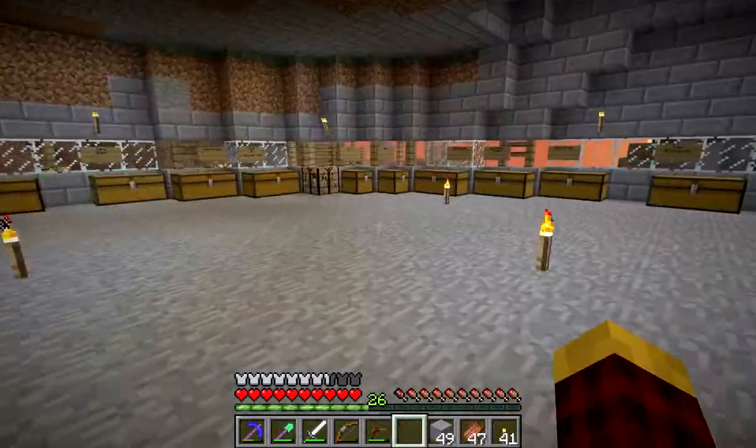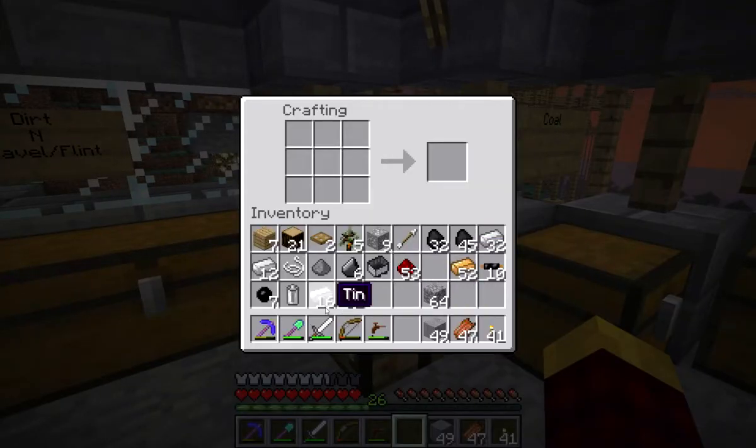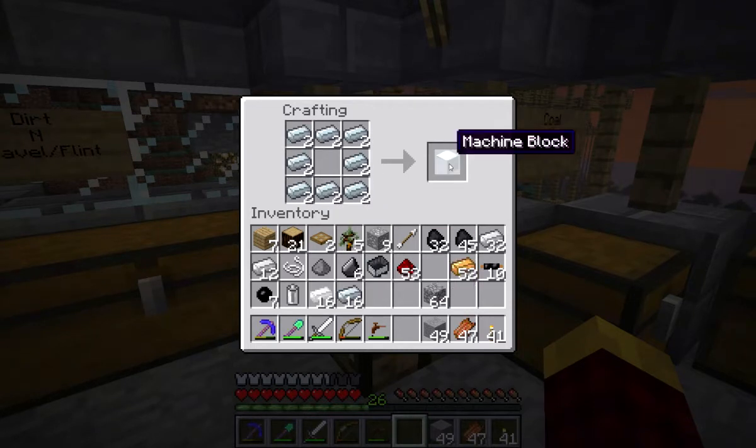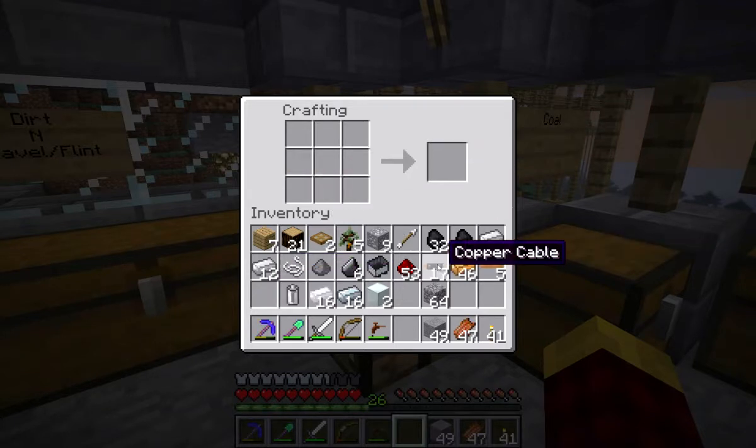And then we are going to get making our next thing. Alright, so the next item on the list, I went and gathered some materials, is what is called a macerator. And that requires some machine block. So if I take my refined iron, which is basically iron cooked twice, and put them in a block like that, I'll get a machine block. And then from there I need, let's see, I'm going to make some more wire. We're going to take that. So I have 17 wire,